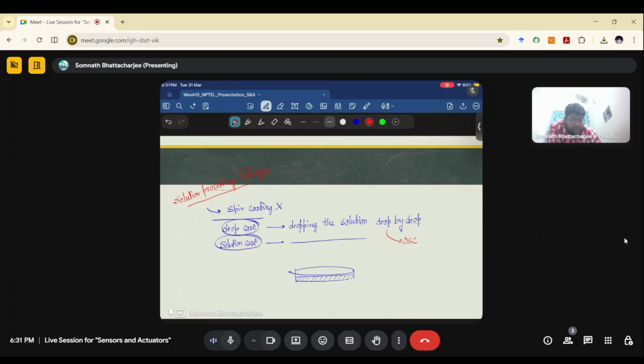But the major disadvantage of this kind of technique is the uniformity. The uniformity is very poor in all of the cases. Because the uniformity is not there, we'll need a PVD technique. Now, what is the main advantage of these kinds of techniques? Let me write it down. One of the major plus points of these,